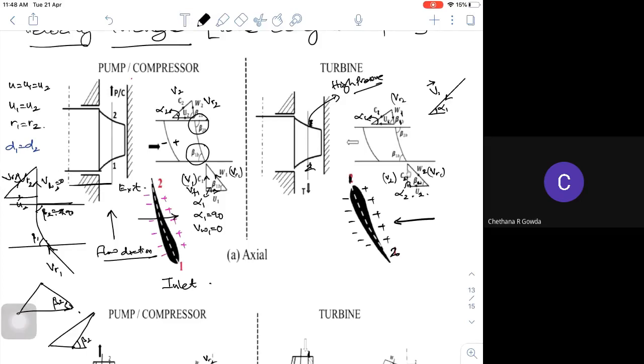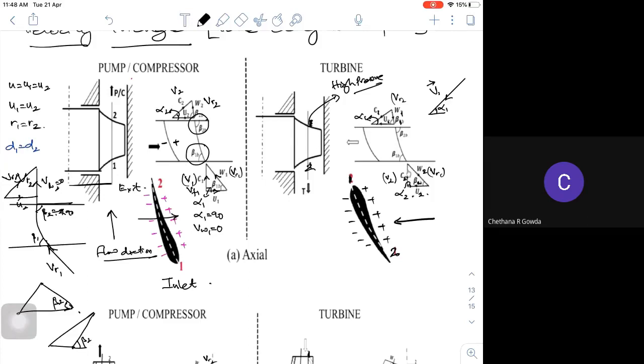And in the numerical statement, this should be given. So we have to design our steam turbine for the given conditions. So what will happen if it is at 10 degrees? What will happen if it's at 20 degrees? And optimizing your corresponding alpha also may be one of the cases.